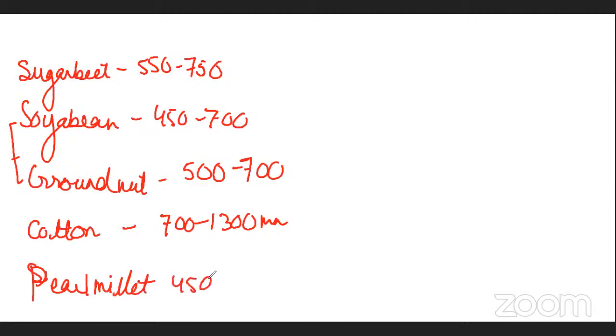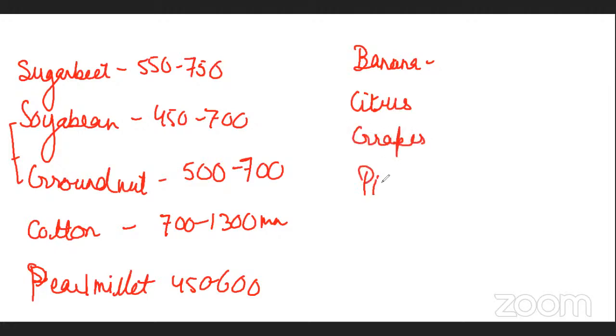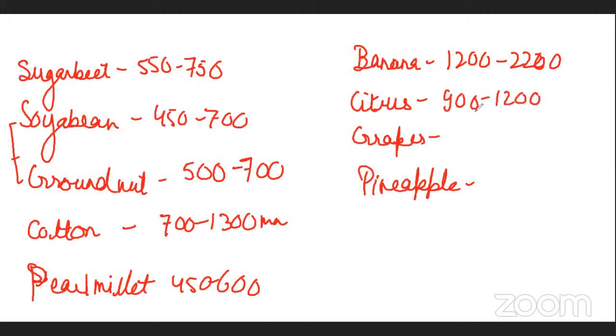Then it is also 450 to 600 millimeter. If we talk about some fruits, the banana is there, the citrus, grapes, pineapple. These are the important fruits which we have to learn. And for banana it is 1200 to 2200 millimeter, citrus 900 to 1200 millimeter. For grapes it is 500 to 1200 millimeter, and for pineapple it is around 700 to 1000